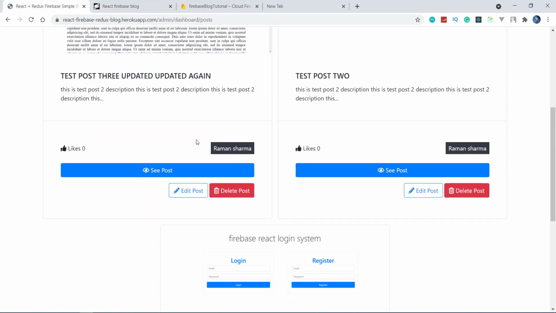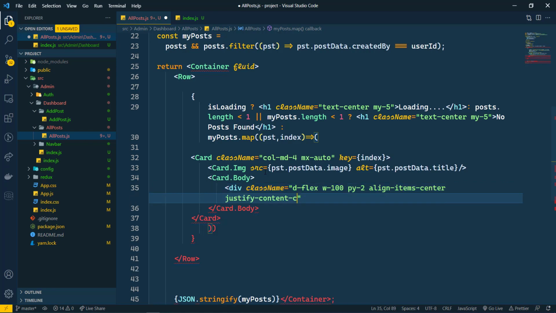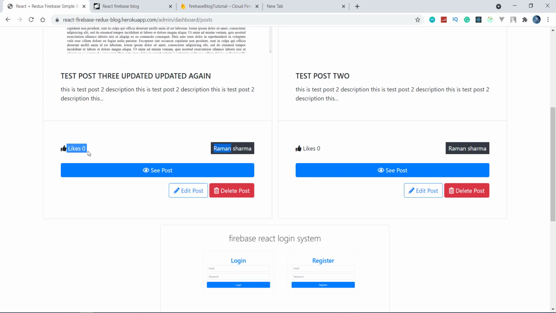In the Card.Body first of all we need likes, so I'm going to create one div here, and its class name will be d-flex, w-100, and padding 2, with align-items-center and justify-content-around. As I have just added likes here, I'm not going to add the icon because we are not working with likes here, so that can be the bonus video.